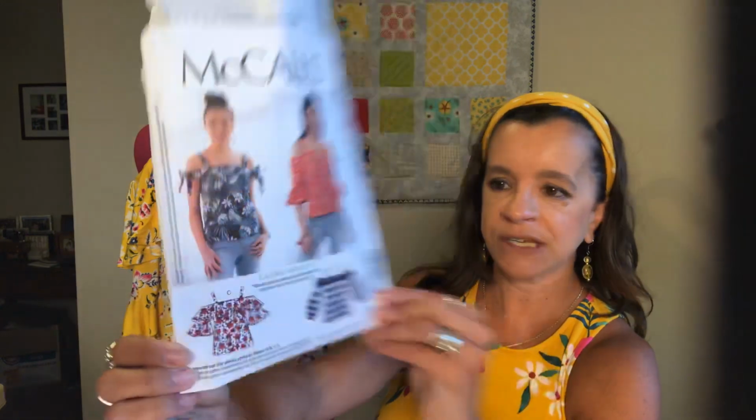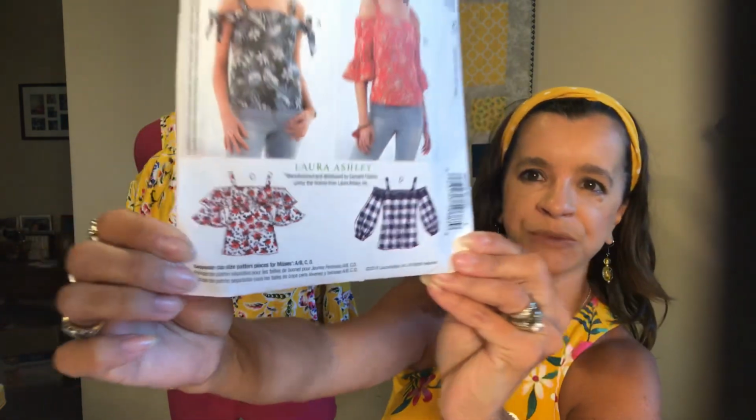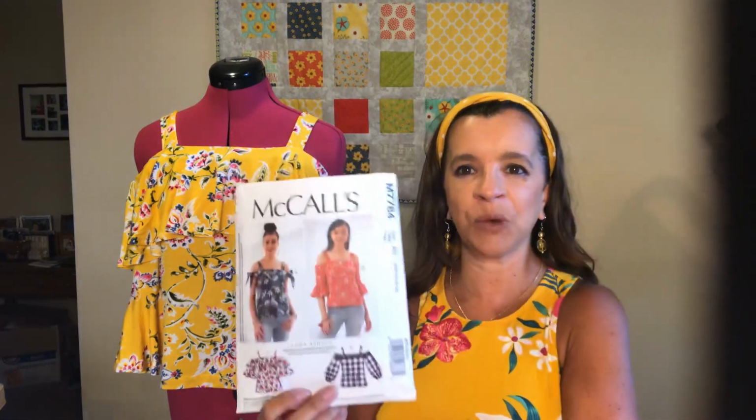So on this pattern, it is a Laura Ashley design, and I did view C. You can see right there, it's got some really cute ruffle sleeves. I just thought it was cute and summery, so I just put it together this weekend and thought I would do a quick review in case any of you all wanted to make the pattern. So again, McCalls